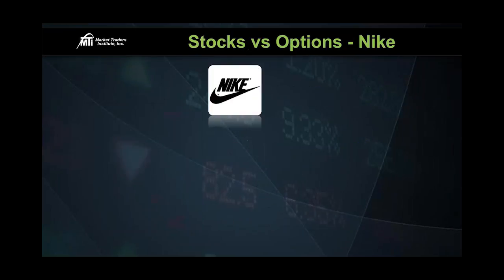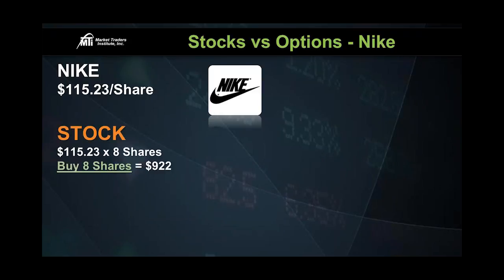So let's start putting it all together now. My new people, you're ready now to see how this all starts coming together. So let me show you how this all came together when we were looking at Nike. We were looking at Nike right before an earnings announcement. Now, Nike is a little bit more of an expensive stock. It was trading about $115 a share. Here's the thing. If you're a small investor and you only have about $1,000 in your trading account, you would only be able to buy about 8 shares of Nike. That would take up almost your full trading account.